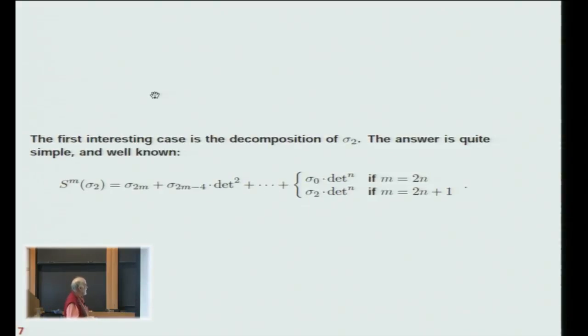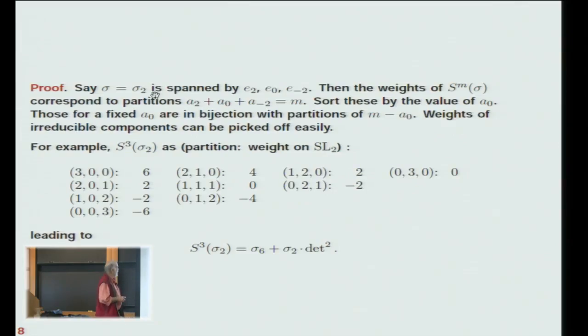So the first example, just to put you on solid ground, and the one which Bob mentioned himself, you look at Sym^2. That has dimension 3, and if you decompose Sym^m of it with respect to GL2, you get a very simple form. So it's Sym^2m. The determinant factors have to be added because of the restriction to the center. So you just get a decomposition like this. It depends on whether m is even or odd as to what happens at the end, for obvious reasons. It's not irreducible, but it has a very simple decomposition. It's very easy to prove,